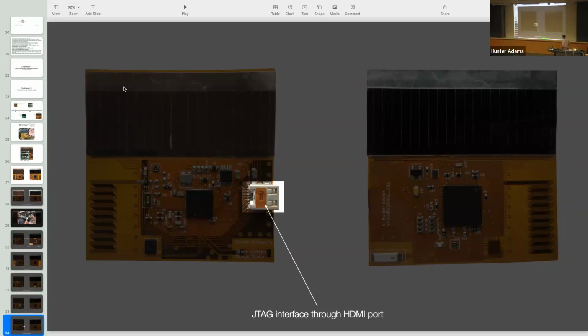This was a dumb idea. I later replaced this, but I made the observation that HDMI plugs have like 19 pins. That seems like I could break out a huge amount of I/O through if I cut a HDMI cord, and then I can break out all these pins. It turns out that the characteristics of the wires there made it very challenging to program this via JTAG, which is how I wanted to program this. So in subsequent iterations, I replaced this with a more conventional JTAG connector. That just caused me a bunch of headaches.